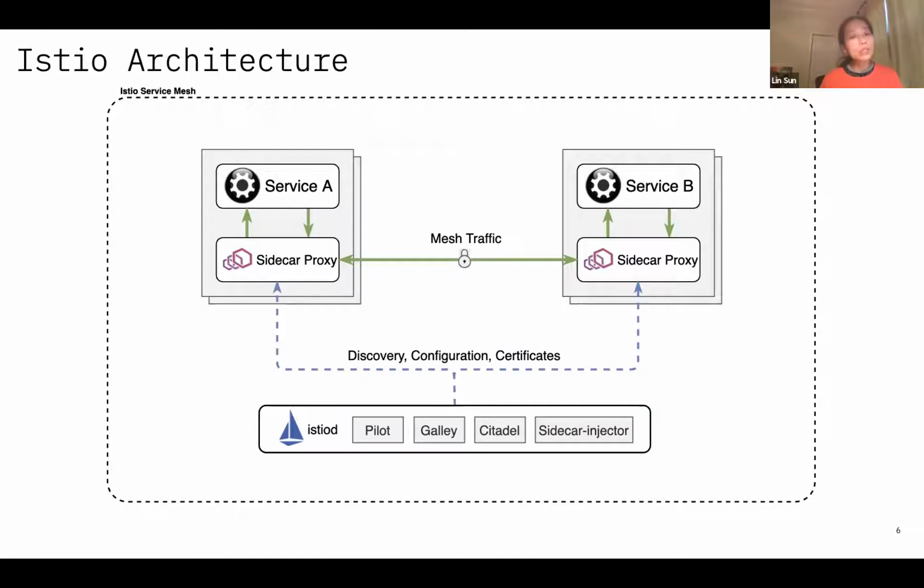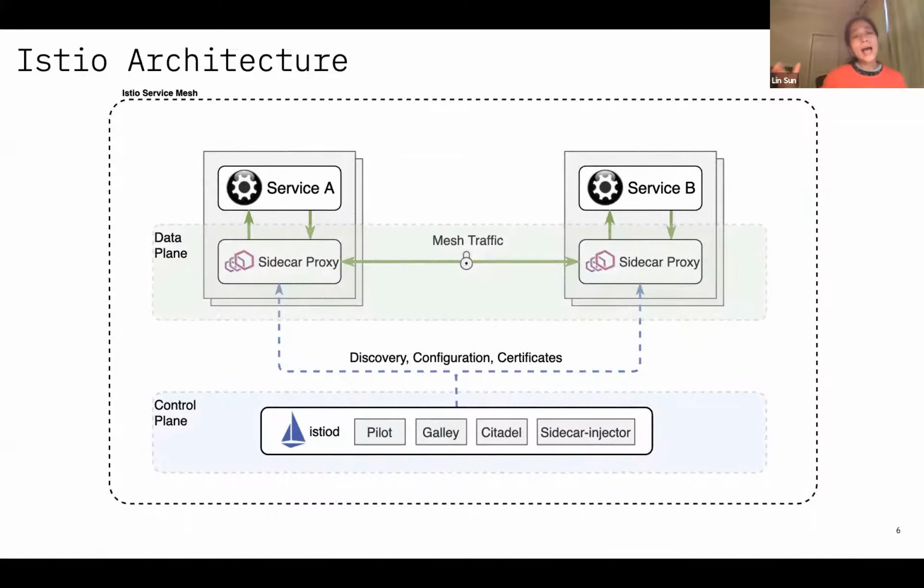How do you do retries and configure timeouts? And do that in your code, you're actually relying on the sidecar proxy to do that work for you. So Istio provides interfaces through the Istio API to allow you to easily configure the sidecar proxy to do the things you want to do, whether it's connecting your services or securing your services, so you don't have to code that logic in your service A or service B in this diagram.